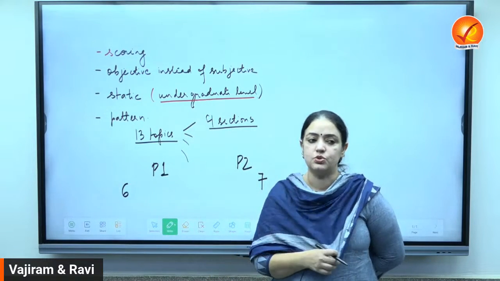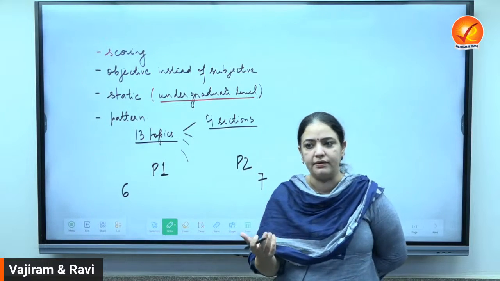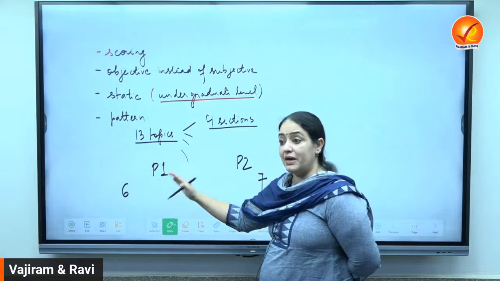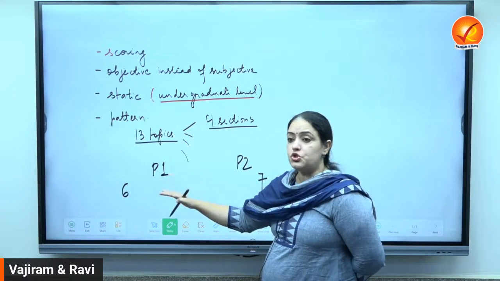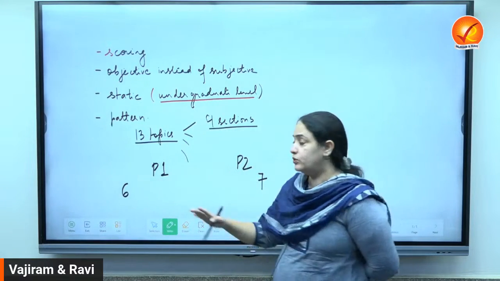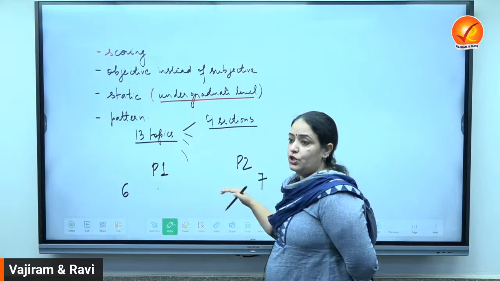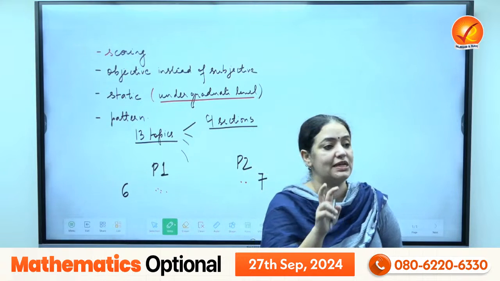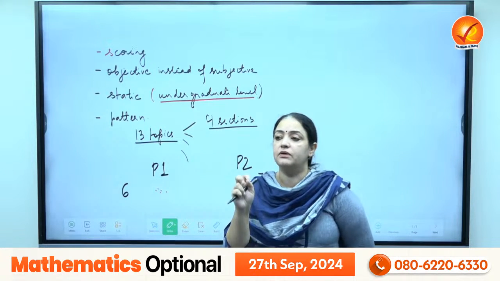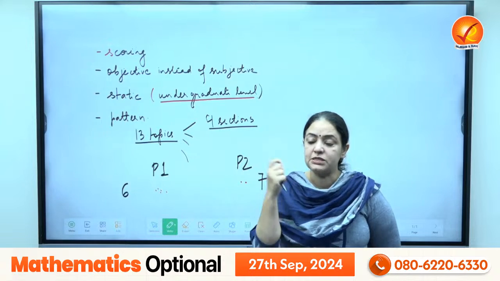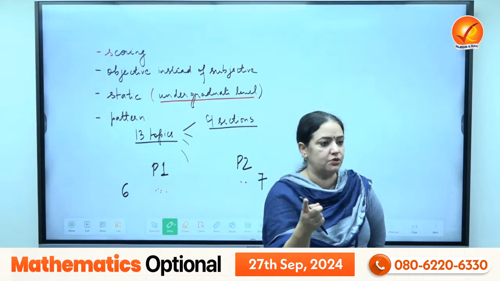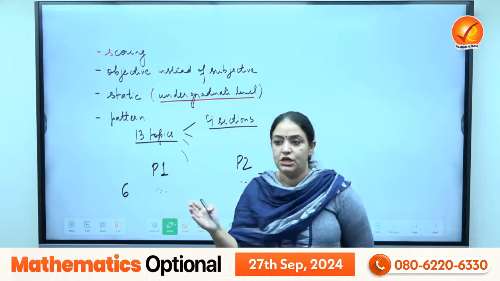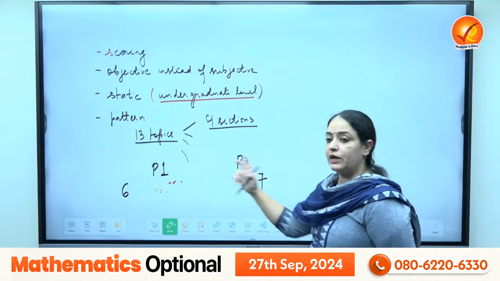Every subject has its own demand. In some optionals, it may be easier or better to segregate the papers, but maths is not supposed to be like that. Since I teach you the entire math syllabus, I know that there are parallels between paper 1 and paper 2. So you're supposed to pick up topics from both the papers and do them simultaneously, to judiciously utilize the syllabus in such a way that you compensate for each other. Whatever you learn in one can help you do better in the other, and they're interlinked. So paper 1 and paper 2 topics have to be clubbed together when you're doing it